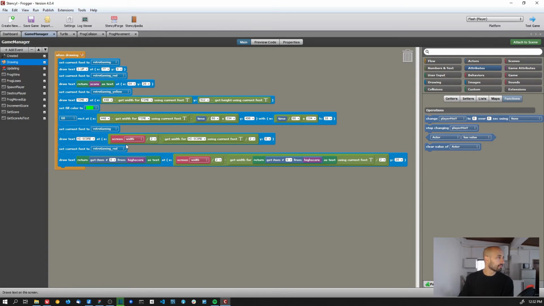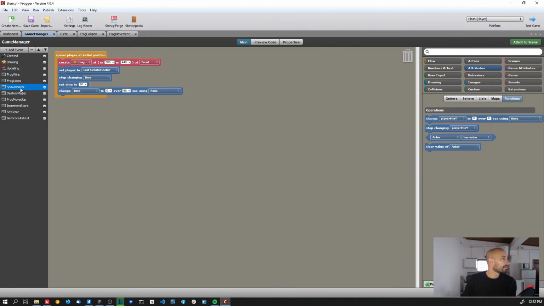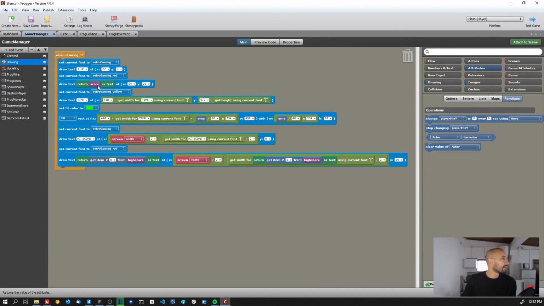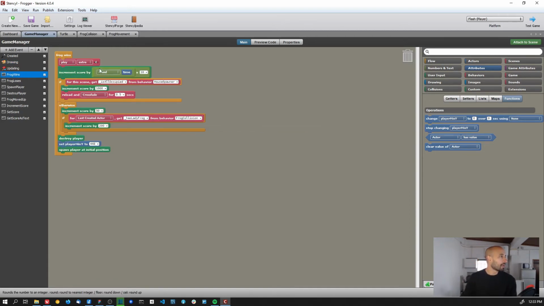Where is it? Width, high score. Oh, sorry. I remember that I had to round the value, but I don't remember where I'm doing it. On player, blah, blah, blah. It should be here. Oh no, it's not here. Sorry, no, it's not here. We need to round the value when we are using the time to increment the score, because